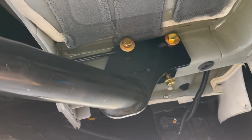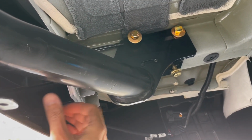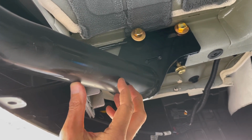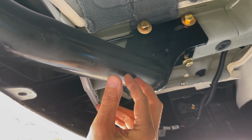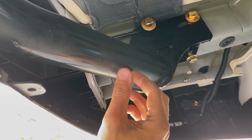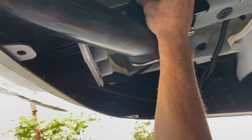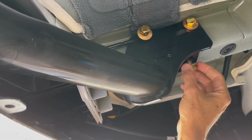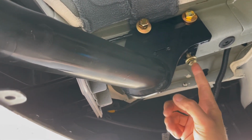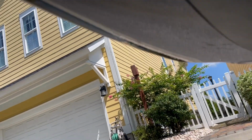Okay, so I'm underneath the car right now, and I did this off camera. I wrestled this hitch into place. Nothing too exciting to see there. But we've got the longer, bigger bolts with a washer on, going from the inside to the outside of the vehicle. Then the smaller ones with a washer on going up in here. I did put these on first, and then on the opposite side, on the outer aspect of the vehicle,